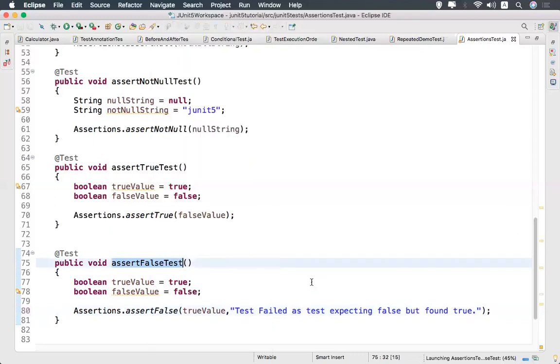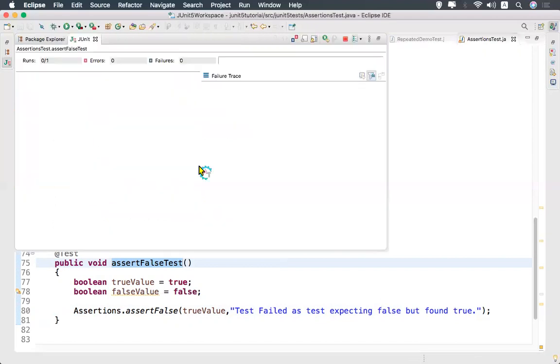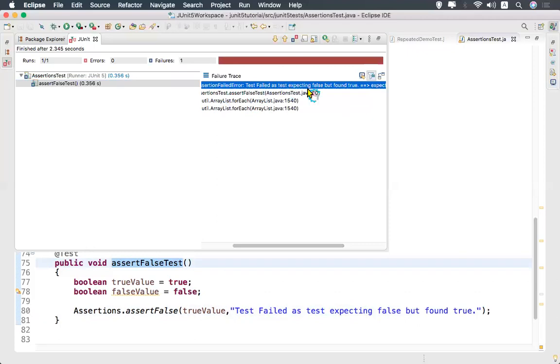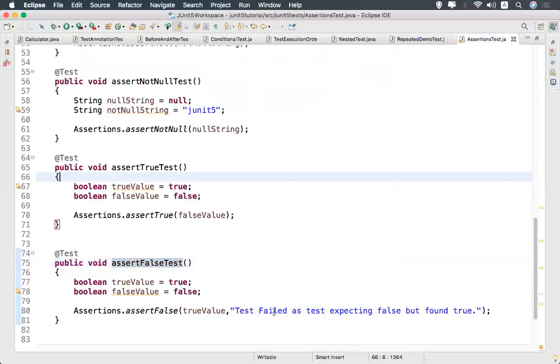If I run this one, you'll get this customized message also, along with your system defined message. So we'll see that. You see that test failed as test expecting false but found true. After that, it is giving expected false but was true. Okay, you can mention this message for all the assertions.